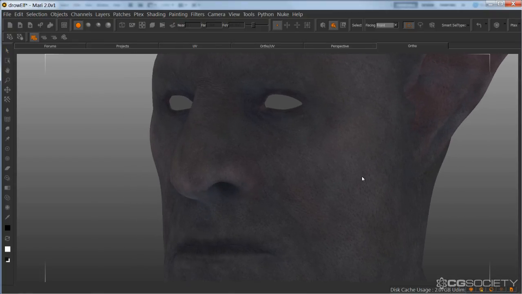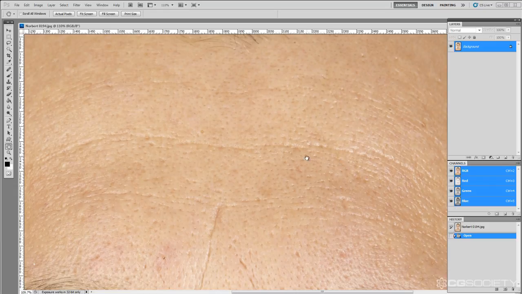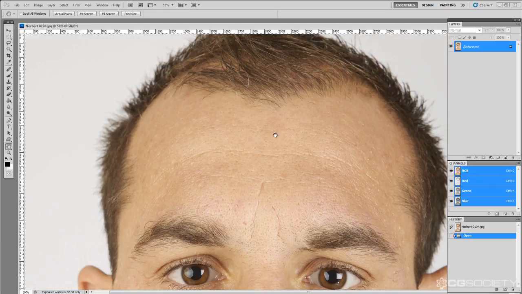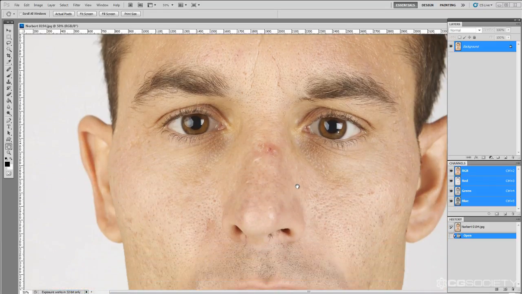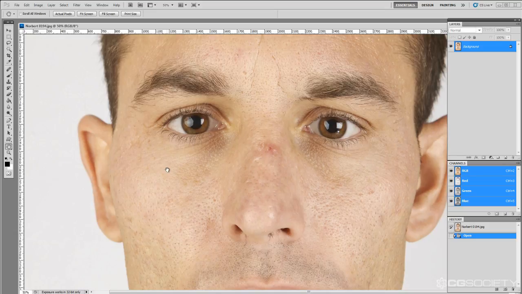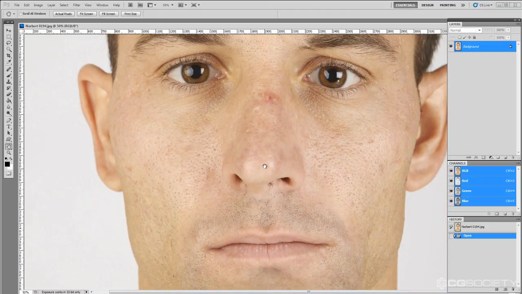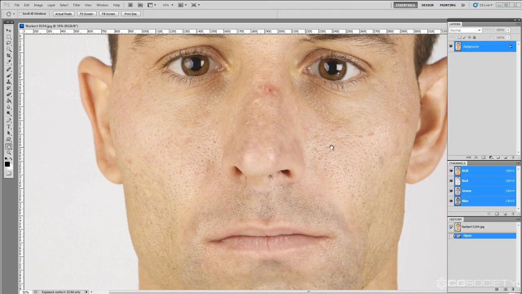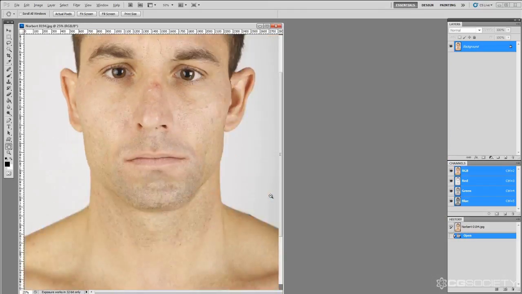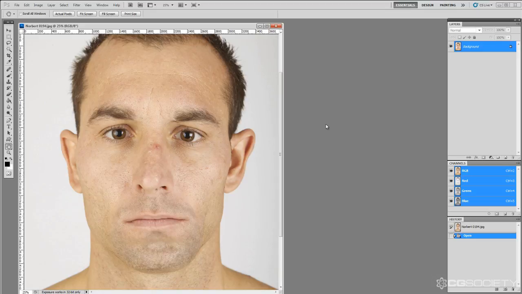So right now what I want to do is, if we go back to this guy here, I did mention earlier when we were looking at the skin reference that there is displacement detail that isn't properly represented in some of these photographs. That'll show up as kind of speck detail or won't show up at all. And so if we were to bring in another face,